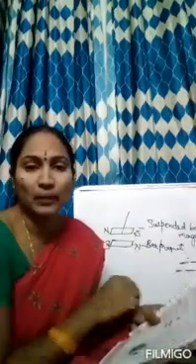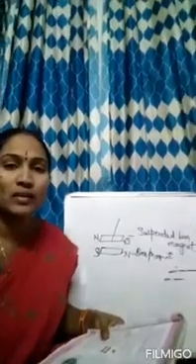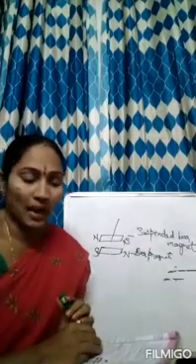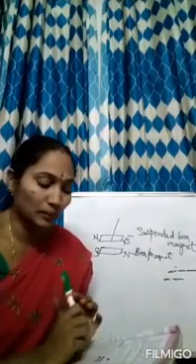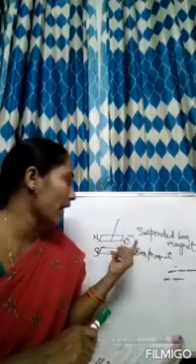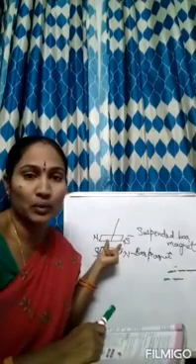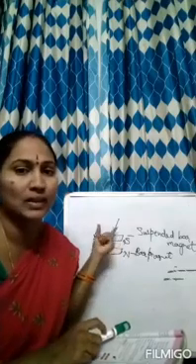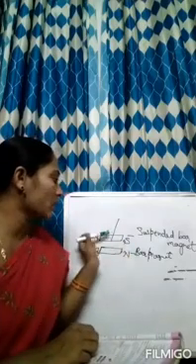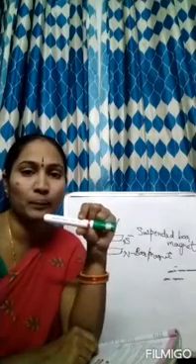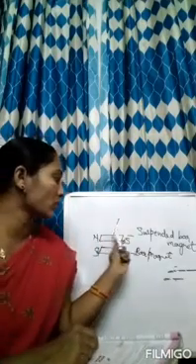Now why does this happen? Why does the suspended bar magnet always come to the north-south direction only? This activity proves that Earth behaves as a magnet. Why is this happening? Because there is another magnet that is acting on this suspended bar magnet. So that is the reason the suspended magnet always comes to the resting position in north-south direction. Rest position means it gets stopped at a particular point. So it is the north-south direction.